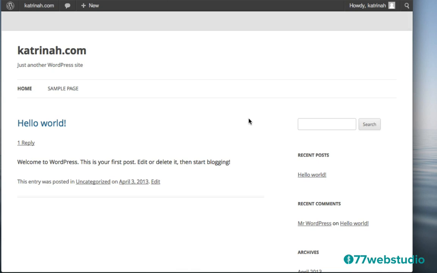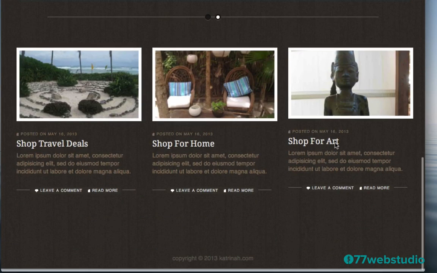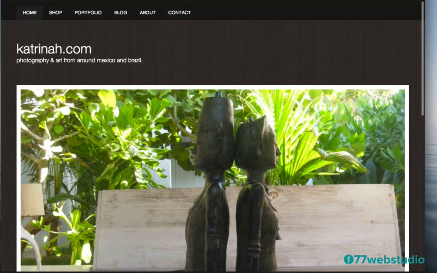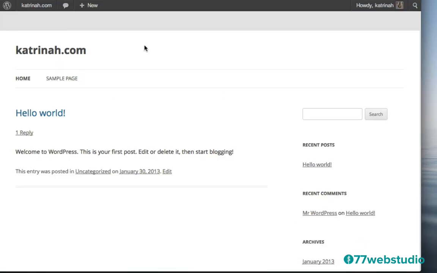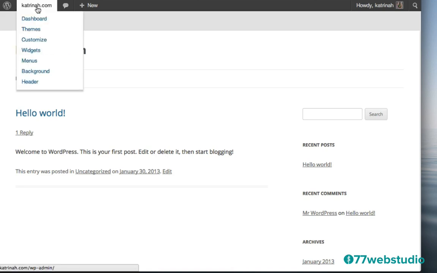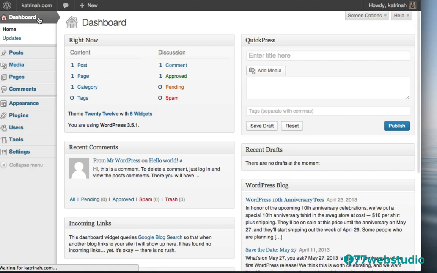This is the 2012 theme that comes with your WordPress installation, and we'll be making quite a bit of changes so that it will end up looking like this at the very end. So this is what we're headed toward, but for the moment our website looks like this. So let's go back to the dashboard and start building out this theme. To do that, you want to go to the top left-hand side, hover over the website name, and the first link is Dashboard. We want to click on Dashboard. And here we are on the dashboard of our WordPress website. So this is the first thing that we'll see when you log into your WordPress website.